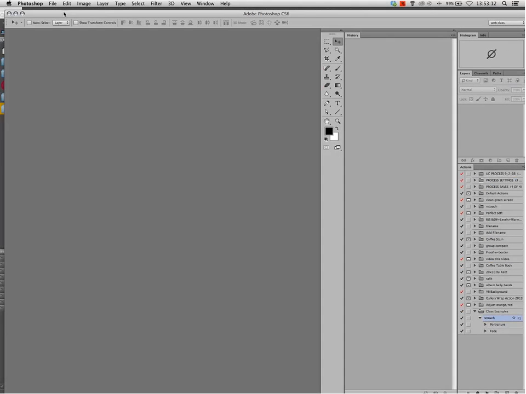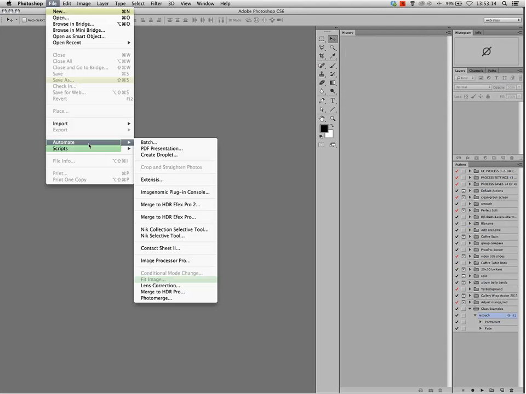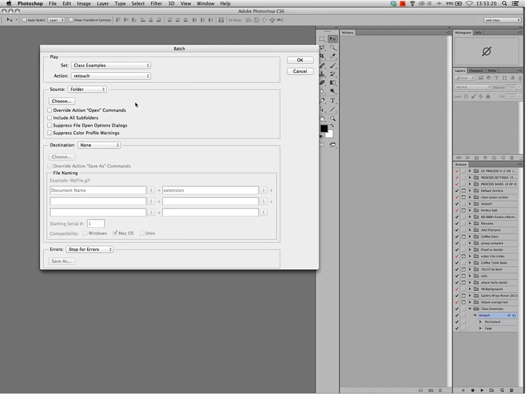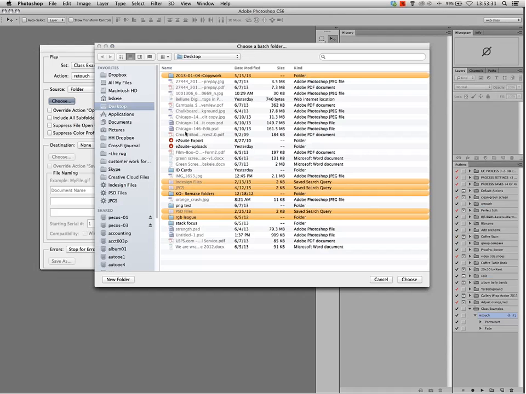In Photoshop, we looked at under File, Automate, the Create Droplet. We can also batch an action, which is going to give me that same dialog as the Create Droplet, which I'm not going to spend a lot of time on, but it lets me set up what action set and what action I want to run, where do I want to get my images from, which I would browse out to find those